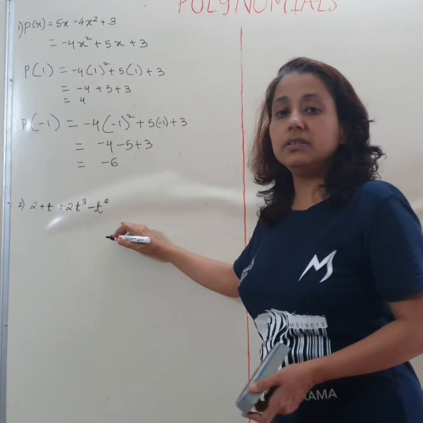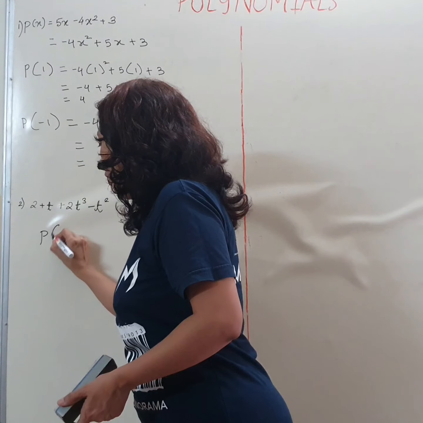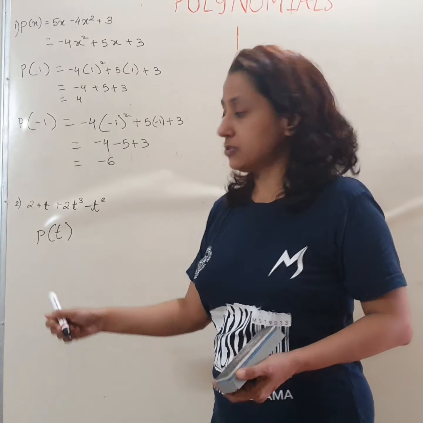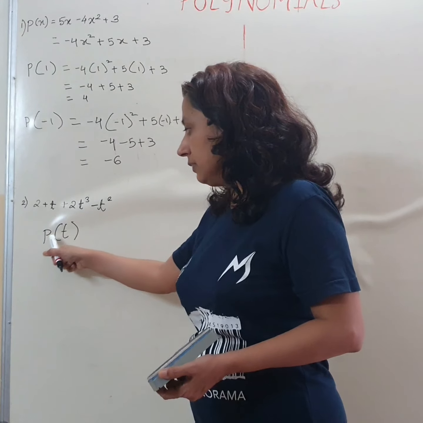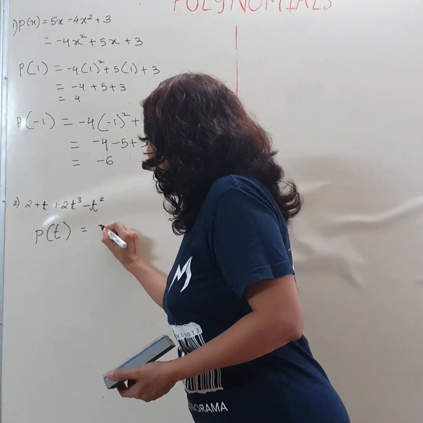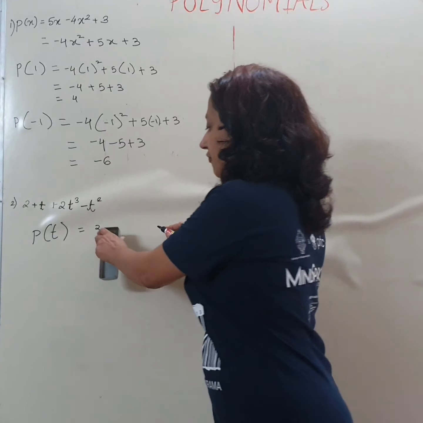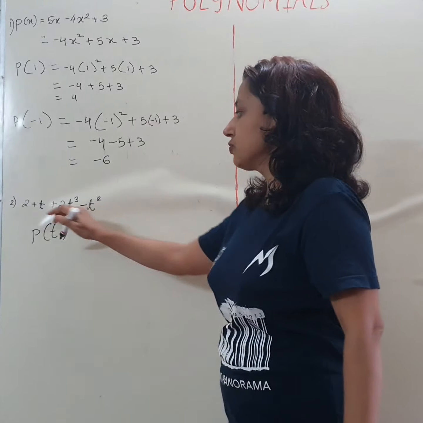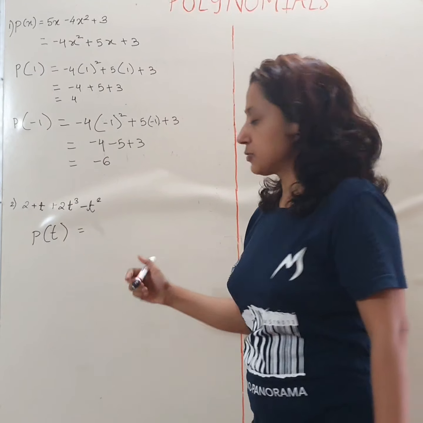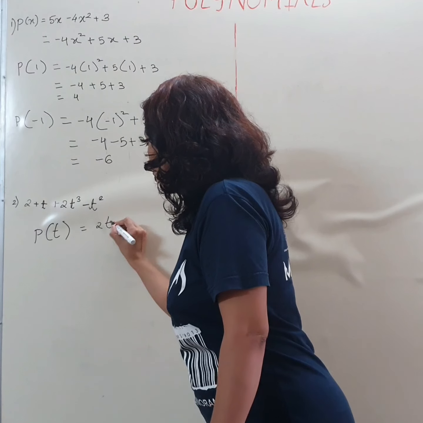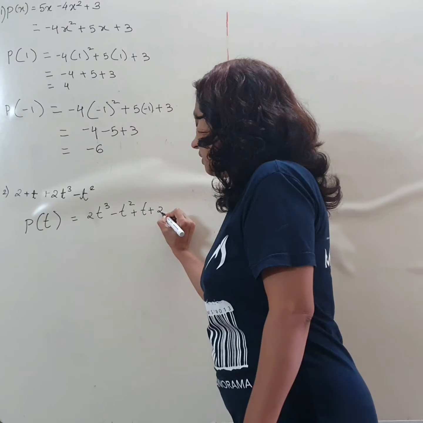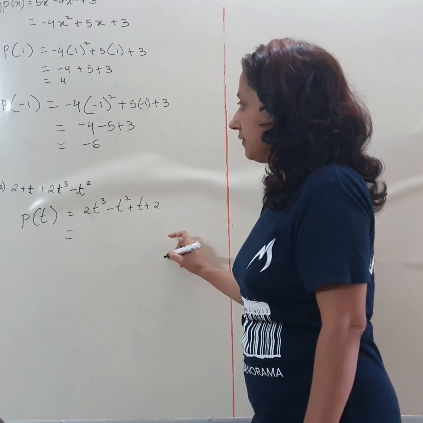Let us consider another example. Since this is a polynomial in the variable t, you can express this as p of t. This is just a way of giving the name to the polynomial. So we are saying p of t means polynomial in variable t. It can be a polynomial in any variable. If I want to write it in the standard form, standard form means you are supposed to write it in descending order, from the highest exponent to the lowest exponent. So over here you can write it as 2t cubed minus t square plus t plus 2. This I have written in the standard form.